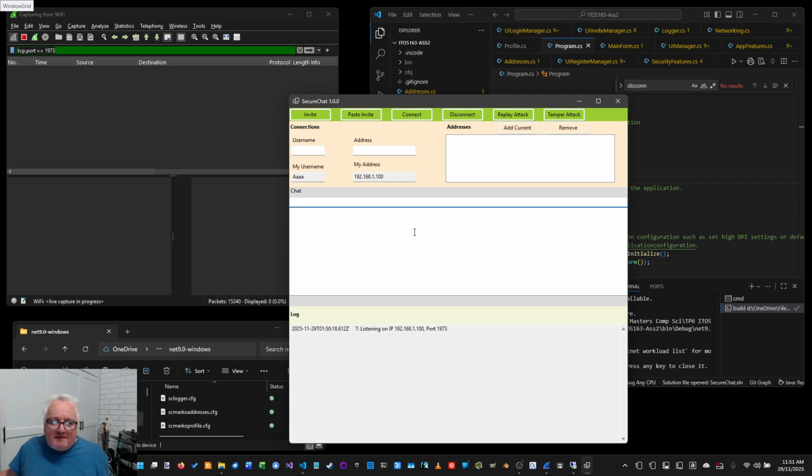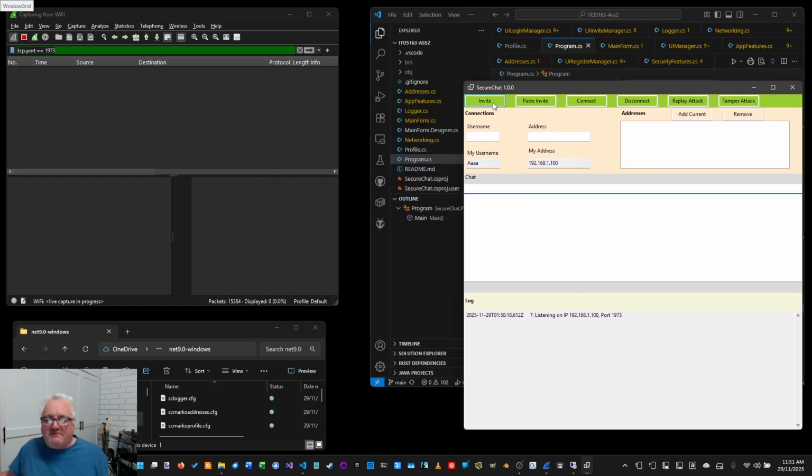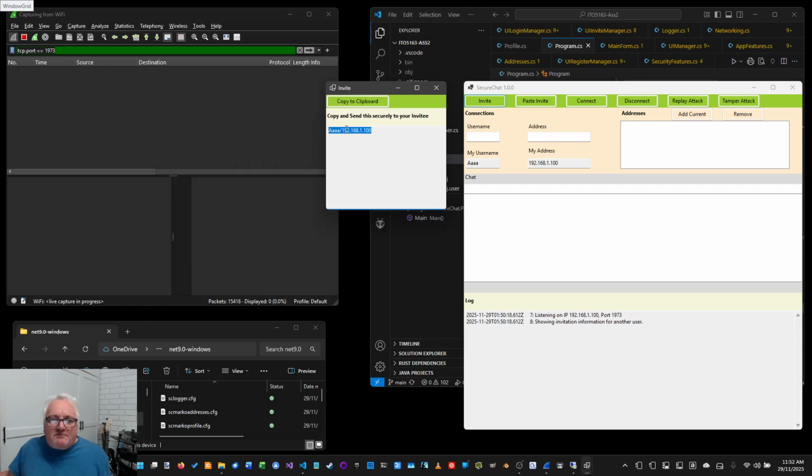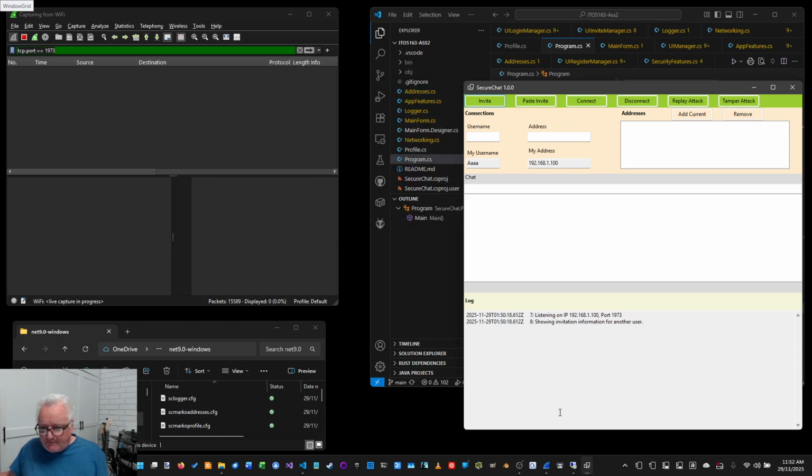Now, in terms of inviting another person to the app, I expect the details to be sent via an SMS or secure email to the other person, so we can invite another person to the chat. When we press the invite button, we get the details of our network address and our username. Now, obviously, this is not going to work over the internet. This is on a local area network, and we'll copy that to the clipboard, and then we'll come over to